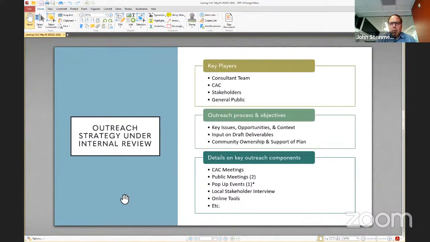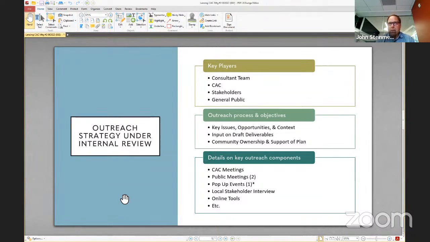And right now, the way we're thinking about this, the who's who and the nuts and bolts of this, obviously the key players as we see them. And again, this is a question, not necessarily a statement. So if we're missing other things, this is where you can let us know. The key players: ourselves, you, the stakeholders that we'll talk about in a little bit, and then the general public. And we're going to go into some detailed conversation about the stakeholders in a second with the list that you gave us. So we see those as the key players.